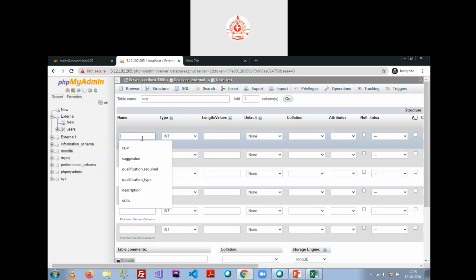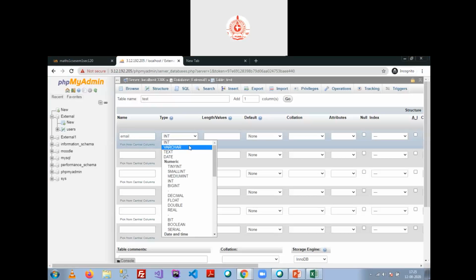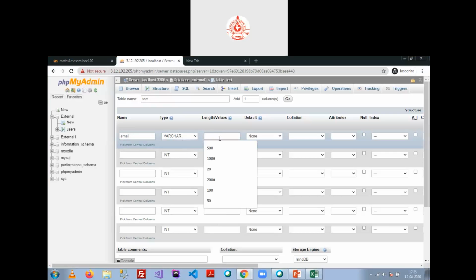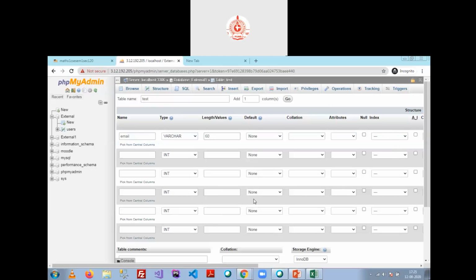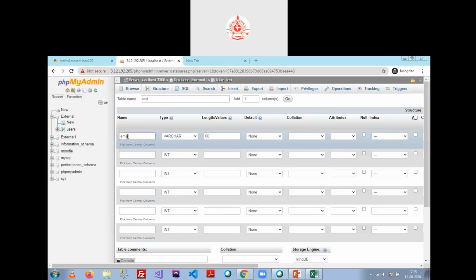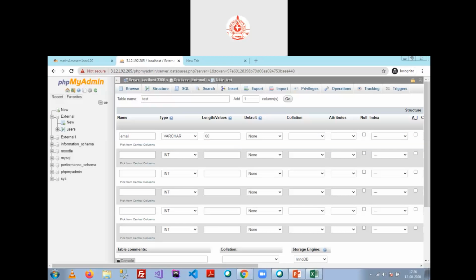But there are some requirements. For example, I have a user ID or username. Suppose there should be an email address. I will use the email address as a user, so I provide it as varchar, length 60. If I use this email address as the username in Moodle, that should be my target, so that users can enroll themselves using their email address.